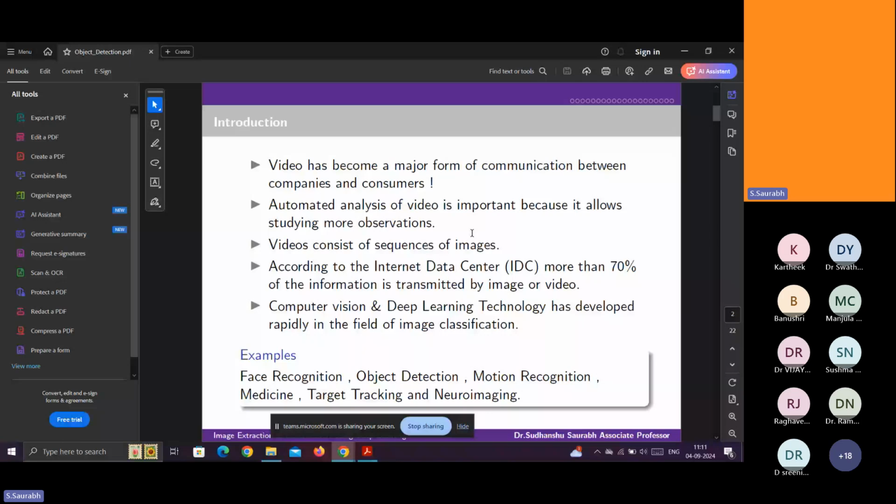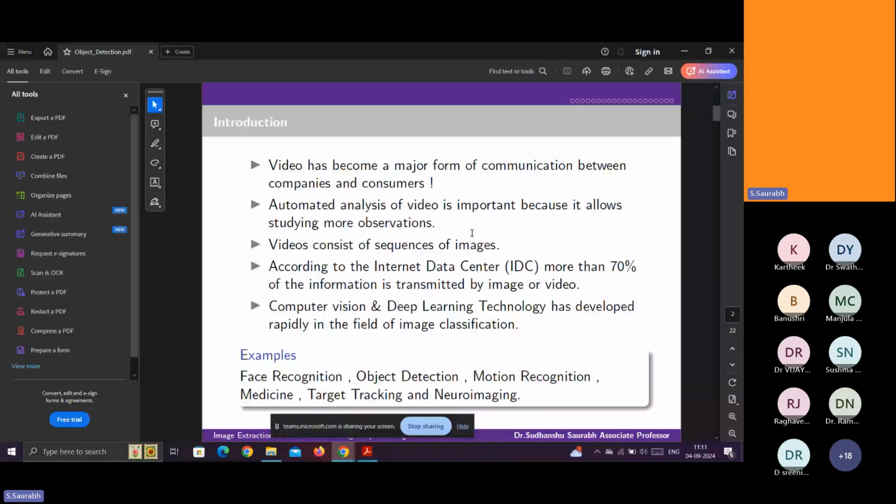And video consists of time series data, that is a sequence of images. So if a 10-second video is there, then if the time interval is minimum, the number of frames is maximized while converting the video into images. Directly you cannot analyze the video.